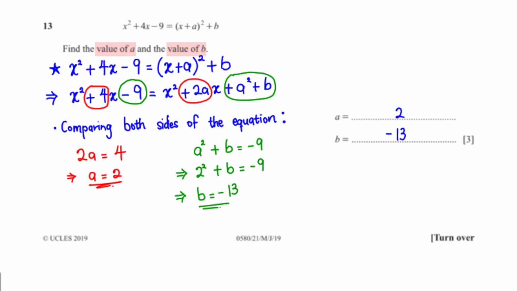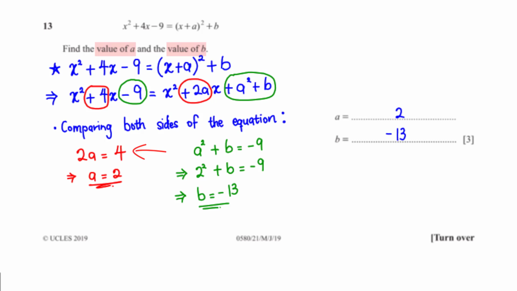Another way to go about this is also to expand (x plus a) all squared plus b to look like x squared plus 4x minus 9 so that we can compare and find the values of a and b. So when we expand (x plus a) all squared plus b, we have x squared plus 2ax plus a squared plus b. So when we compare both sides of the equation, we can see that 2a is equal to 4,